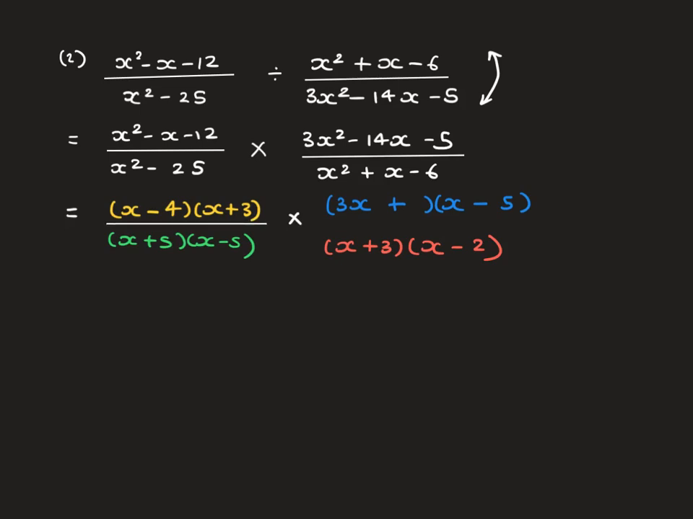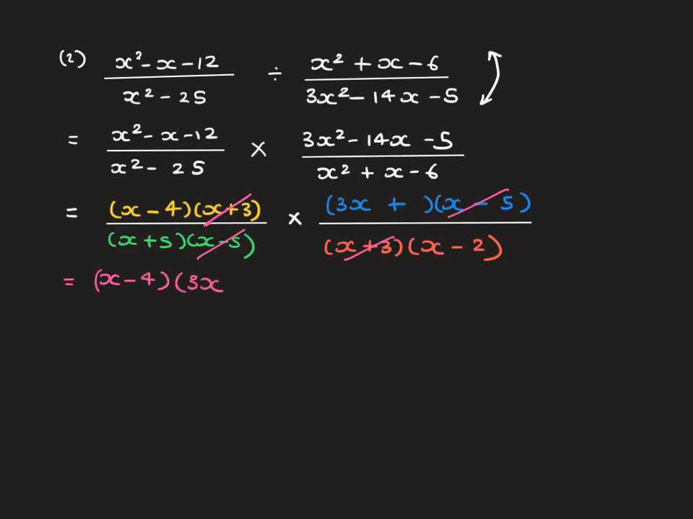And we'll just draw in these parts of the fraction as well. Now, are there any factors which can cancel through? So here, an x plus 3 and an x plus 3, and we have an x minus 5 and an x minus 5. So this leaves us with our final answer, x minus 4,